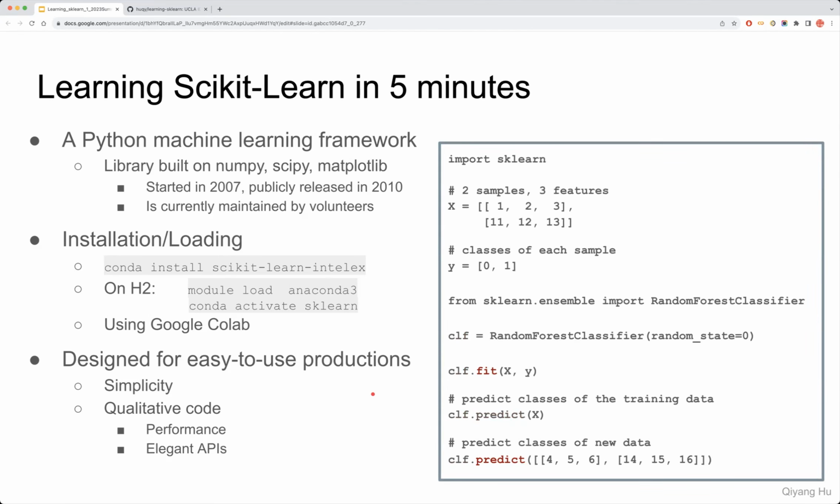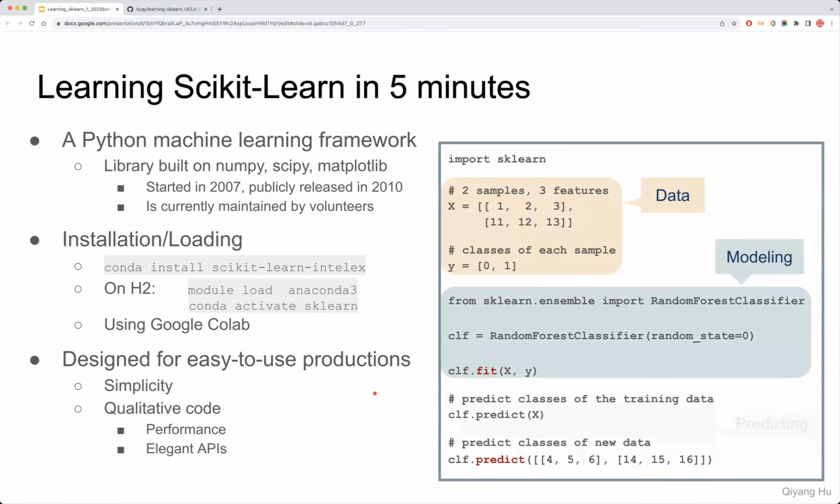I believe I copied this code from the documentation page, but you can simply understand the simple logic for the whole Scikit-Learn based approach for the Python code. Let's say in this simple code, we want to do the classification for a sample of data like this. And in the code, you only need to import Scikit-Learn. And then in the data part, you just define the lists for the training set